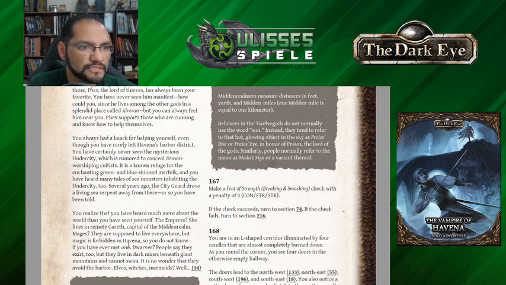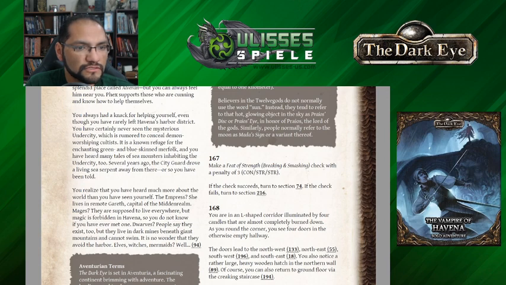You have certainly never seen the mysterious Undercity, which is rumored to conceal demon-worshipping cults. It is a known refuge for the enchanting green and blue-skinned merfolk, and you have heard many tales of sea monsters inhabiting the Undercity too. Several years ago, the city guard drove a living sea serpent away from there, or so you have been told. You realize that you've heard much more about the world than you've seen yourself. The Empress, she lives in remote Gareth, capital of the Middenrealm. Mages are supposed to live everywhere, but magic is forbidden in Havena, so you do not know if you've ever met one. Dwarves, people say that they exist too, but they live in dark mines beneath giant mountains and cannot swim. It's no wonder then that they avoid the harbor. Elves, witches, mermaids, well,